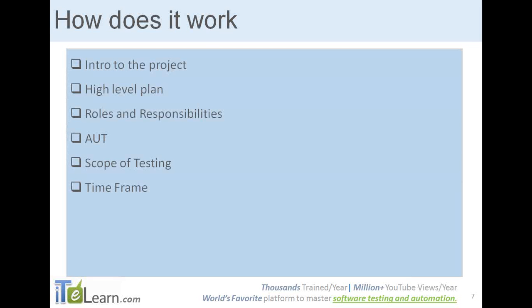Now we will see how it actually works. In the live project, when we start, we would go through the project first of all. Whenever a project comes, we won't start just scripting all the scenarios or executing the scripts. First of all, we need to know about that particular project and application, so that at least we have an understanding of what kind of application it is. Okay, so we need to know that particular application well,